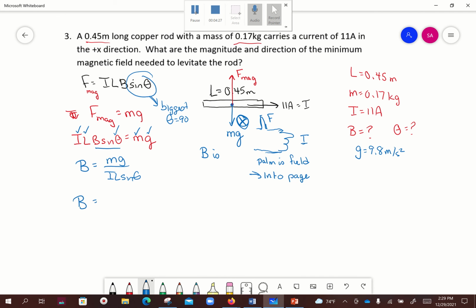B is equal to the mass, 0.17, times g, 9.8, over I, 11 amps, the length, 0.45 meters, and sine of 90, which is 1. And I get 0.337. All my numbers have two significant figures, so I need to round that to 0.34, and the units are Tesla. So 0.34 Tesla